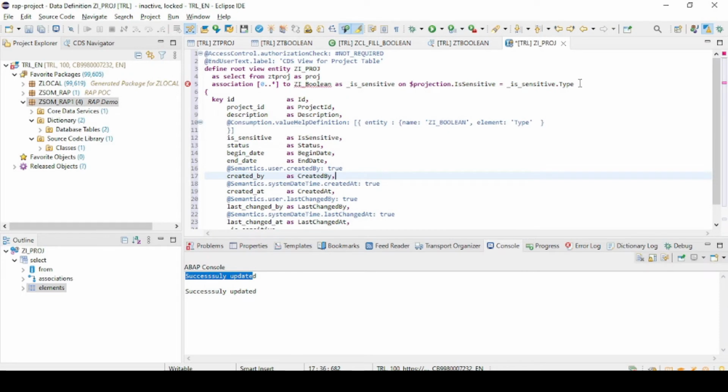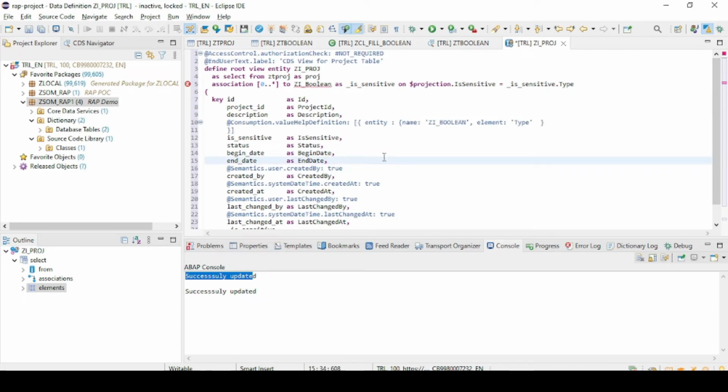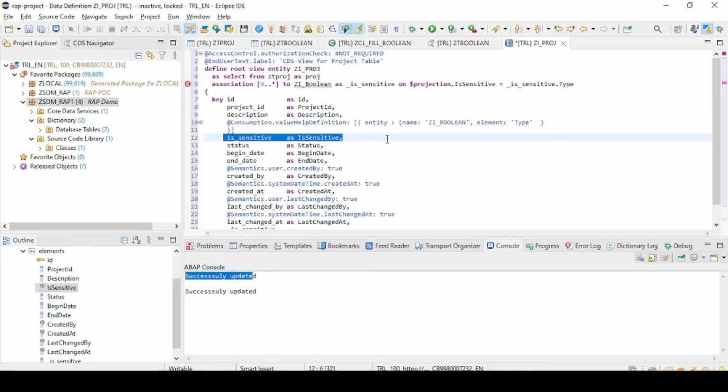That's fine, and I'm just setting up the is sensitive with the type of that boolean table, so that we're just putting a join, one demand join or differential join kind of association. I'm just doing it side by side. This is interesting. This will be used as a value help. Okay, search help kind of a drop down rather. So you just carefully notice it, and it will be applicable on the is sensitive particular field on which this drop down will be applicable. So I'm not going to save it, but I'll not activate because it will create a syntax error until we